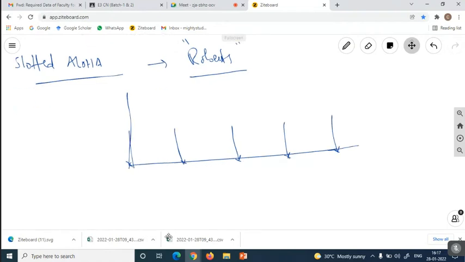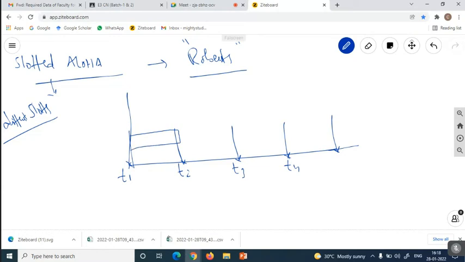Okay, in a slotted Aloha, what we are doing is assigning the different slots, and these different slots may be utilized by any one of the terminals. Suppose let us take the slots as T1, T2, T3, T4 and so on.